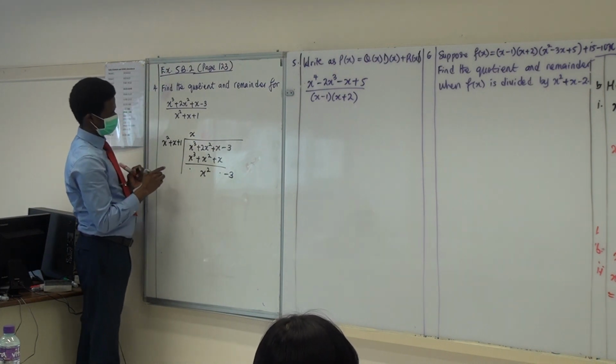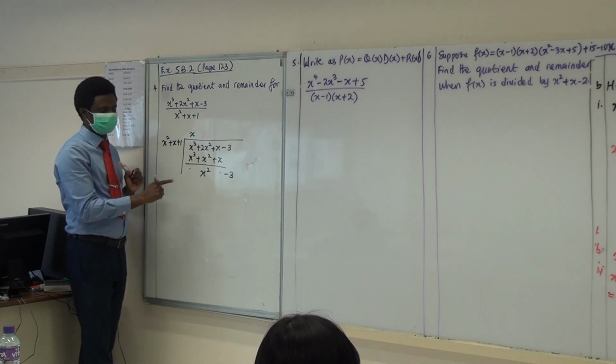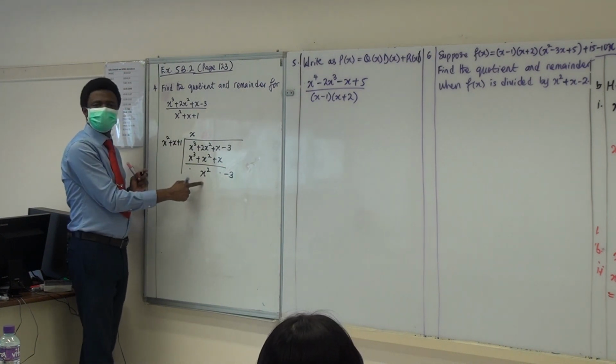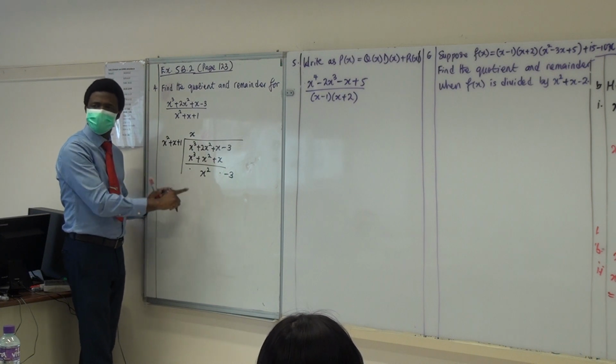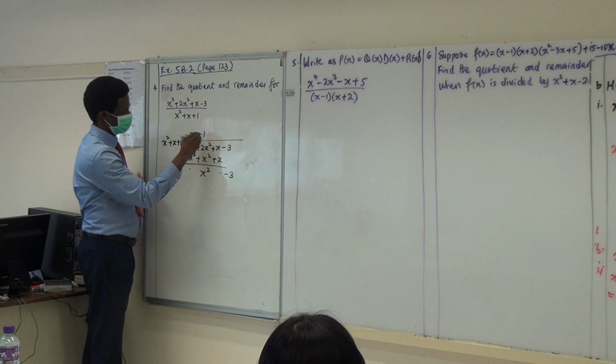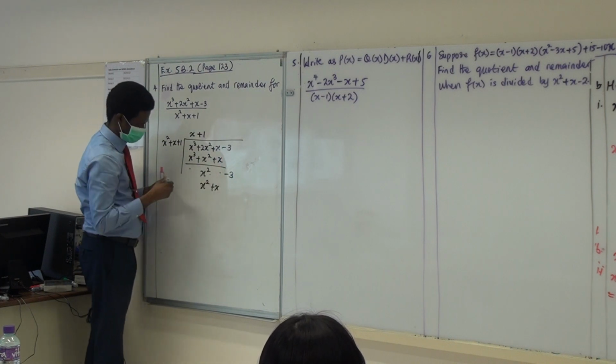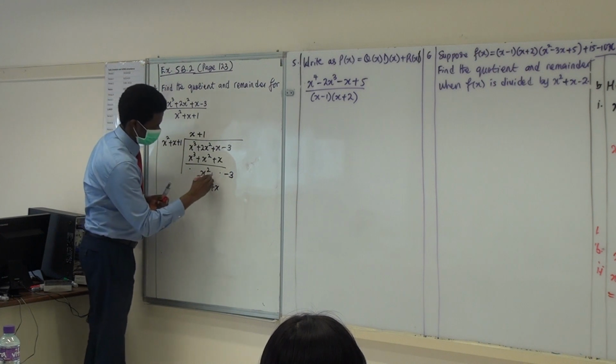Okay, so can we still divide? Yes, because this is squared, this is squared. You only stop dividing if this is lower. When they are still equal degree, you continue. Yeah? So this will be 1 x squared plus x. Now, because this is a vacant space, well, the owner might